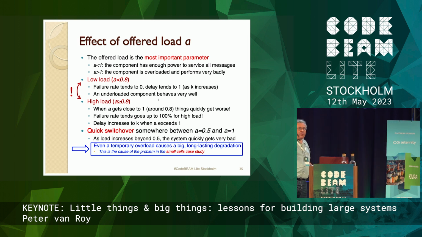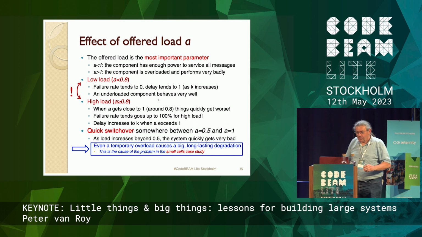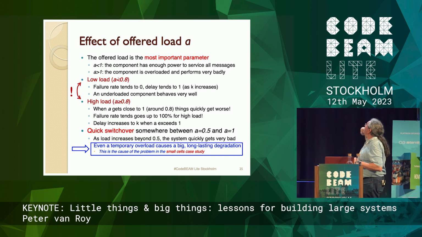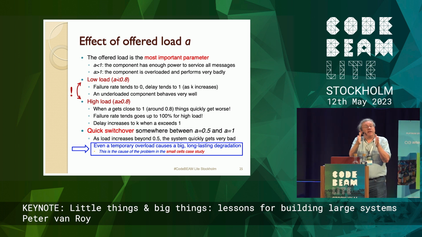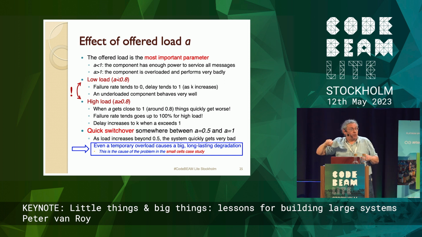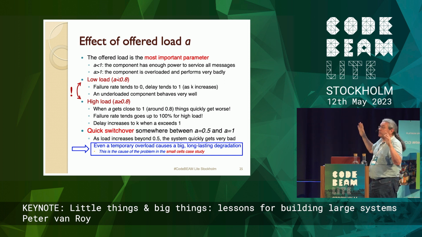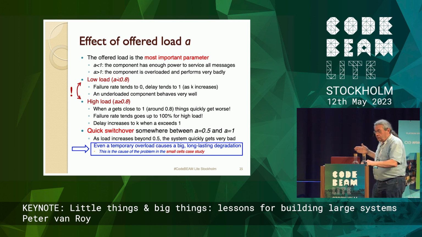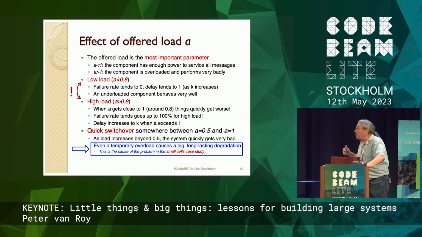Well, the value 1 is very important here, okay? If you have a low load, less than, let's say, 0.8 or so, turns out the failure rate is very low. The delay is very small. It's basically 1 is the minimum delay, just the service, so the buffer is almost empty. Underloaded component, very nice. But once the load gets too big, but not even 1, 0.8, it's because of the fluctuations. The failure rate goes way up, because the buffer can be full. The delay increases to K when the buffer is very high.